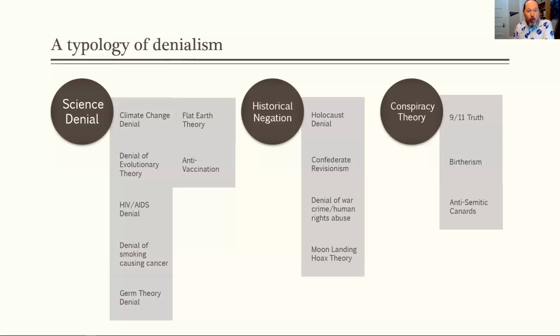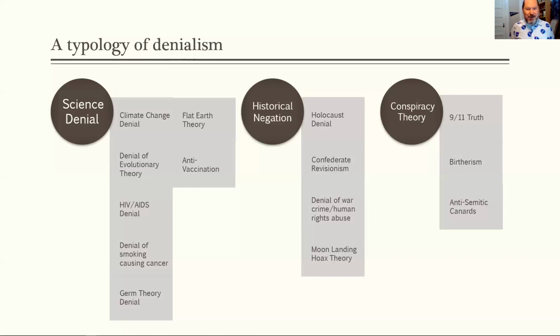A denial of war crimes or human rights abuses. This is pretty common. Stalin engaged in this a lot, denying what his regime did as far as massacres, things like that. The Tiananmen Square massacre: China to this day acts like it did not happen, even though we have photographic evidence of it. The moon landing is a pretty popular one. Students like to write about the moon landing being a hoax, that the moon landing didn't happen. This is a way to negate history and say this history that we all accept happened didn't actually.